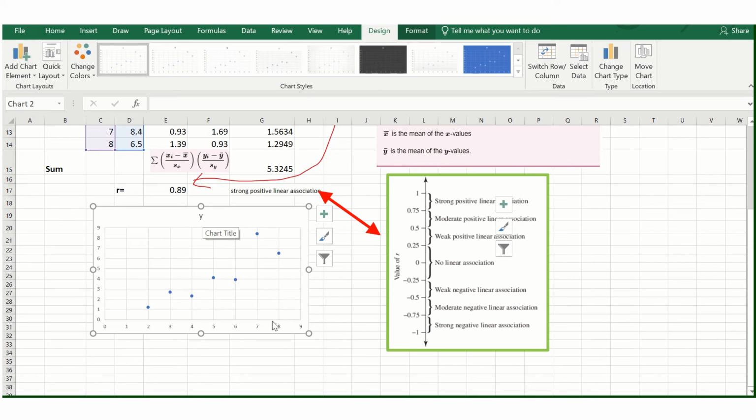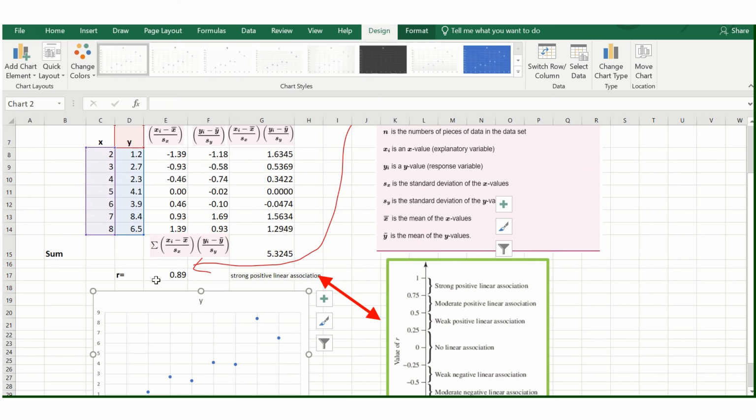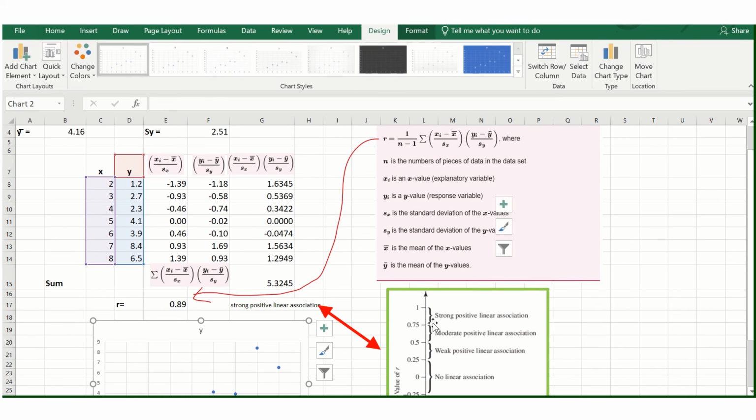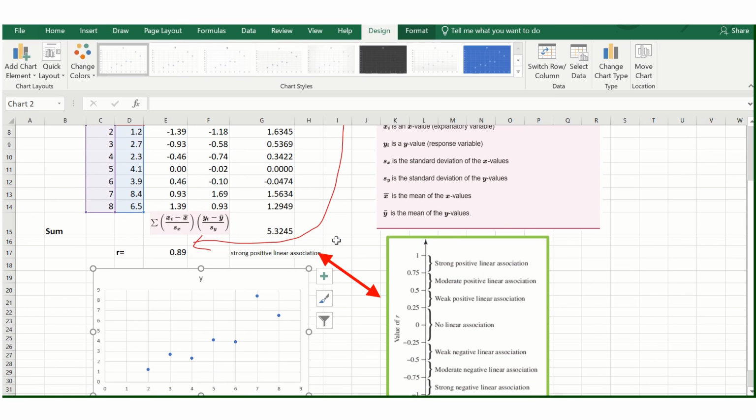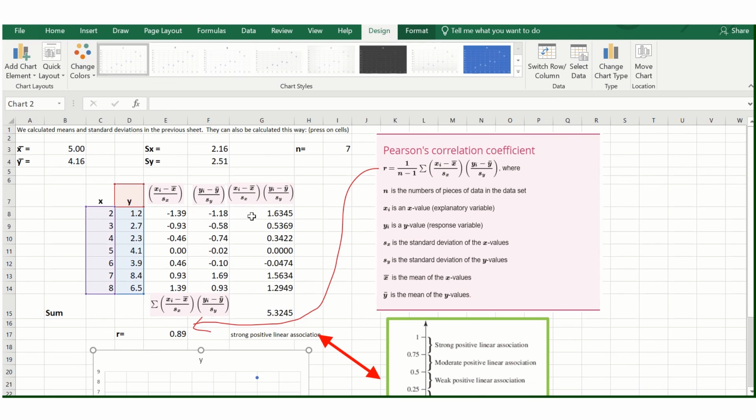So I'm not going to worry about changing the titles, that's in another video, but that looks linear to me and it's reasonably strong. But this calculation says it does fit in the strong positive category and it is linear. Alright,